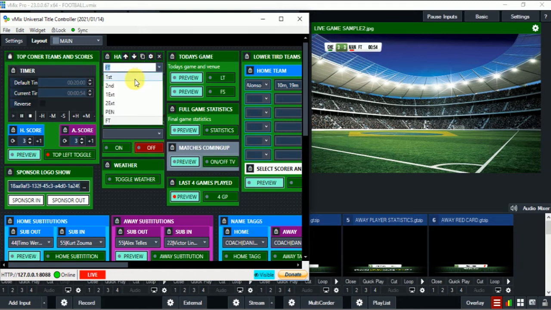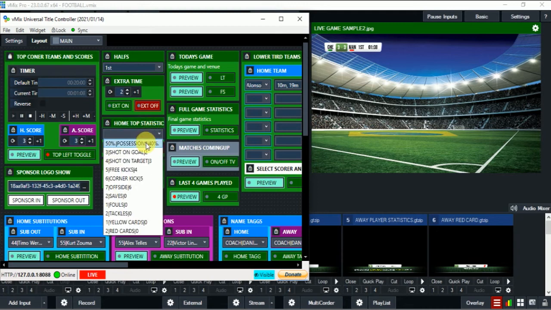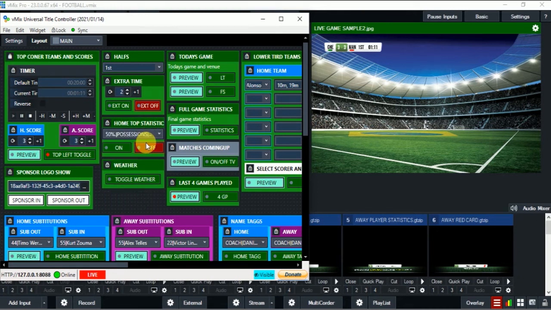We also have full time, which we will demonstrate later. And we also have extra time. You can add 2 minutes to the game. It pushes back the game, and when you want to take it off, you take it off. And on this line, we can also show the ball possession as the game is going on. This data over here is showing the game possession, and this is where we can find it on